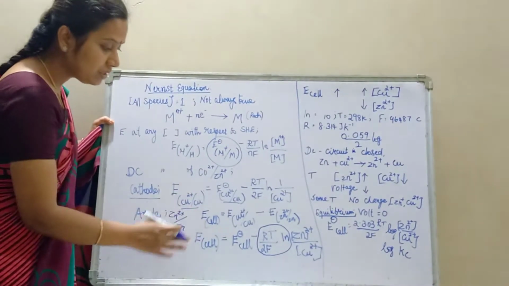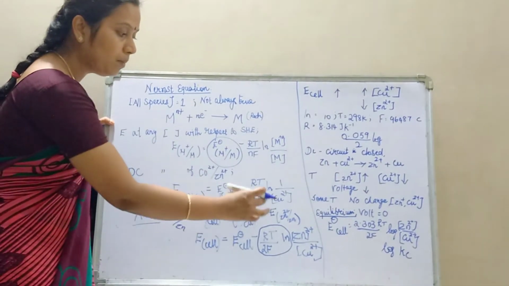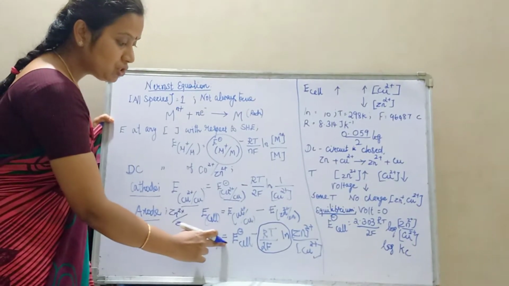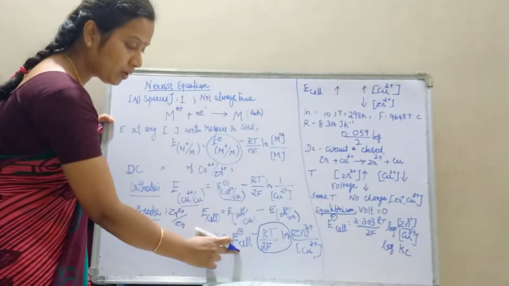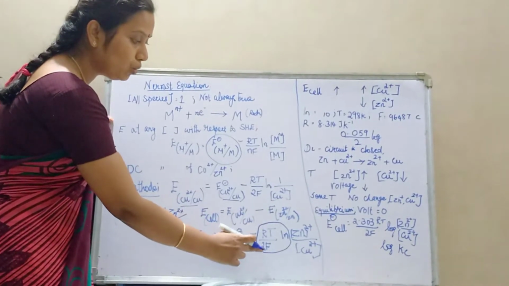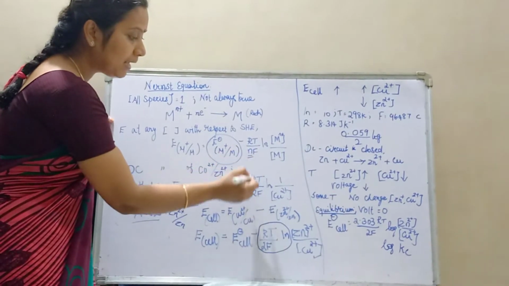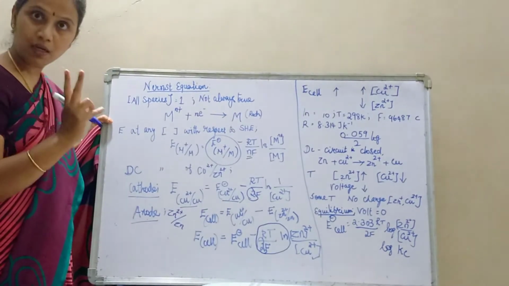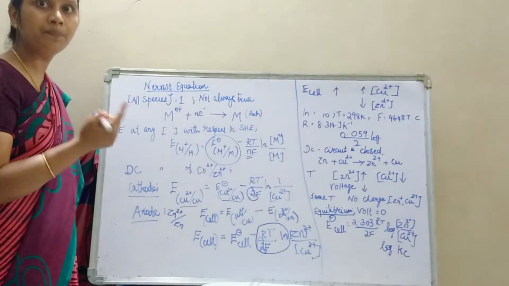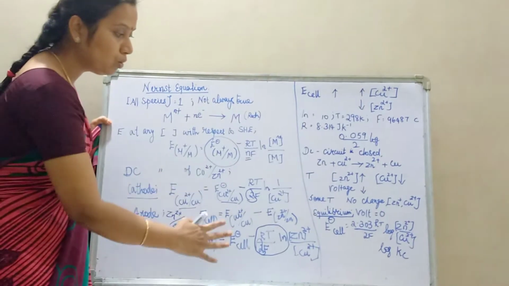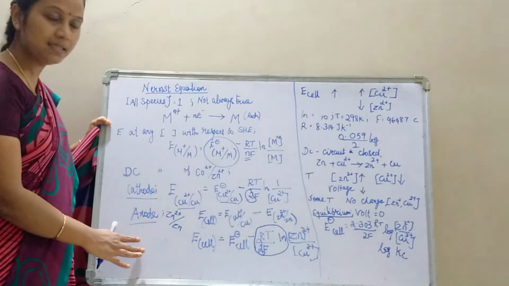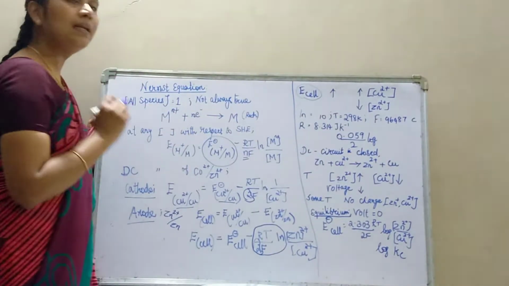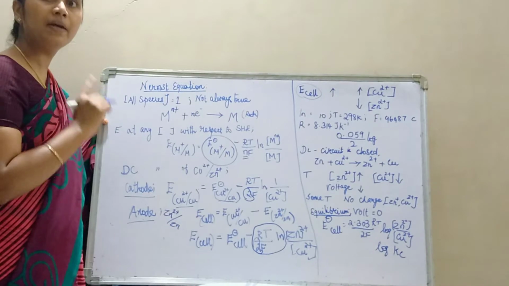Now this can be rewritten, when you take the common factors, as: cell potential is equal to standard cell potential minus RT by 2F. You know why instead of n I have replaced the term with 2? Because here two electrons are involved, one for copper and the other for zinc. So I have substituted n equal to 2 and I have got the final equation as this. See here what happens. The cell potential is directly related to the concentration of copper and zinc.